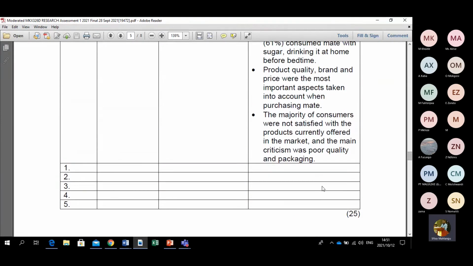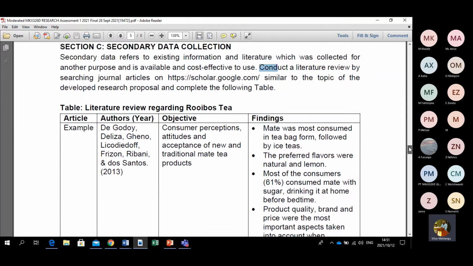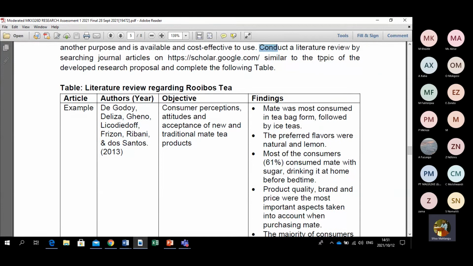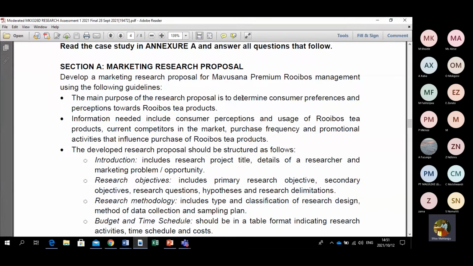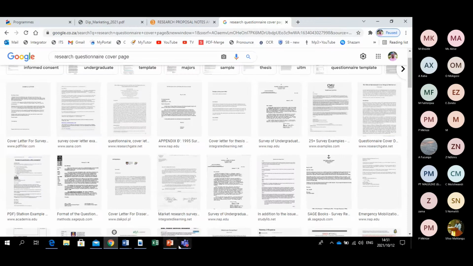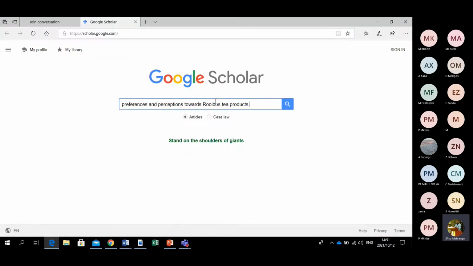You will see there, you use a topic similar to the topic. Remember our topic, it should be in a research proposal there. Our topic is to determine consumer preferences and perception towards rooibos products. So if I take that topic and we quickly search articles here regarding the same topic,